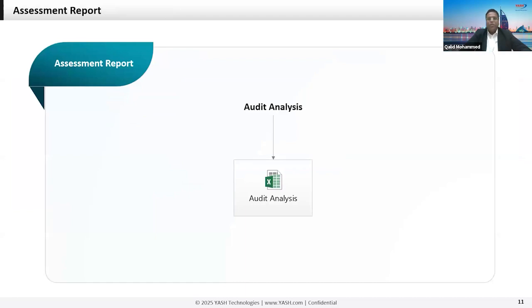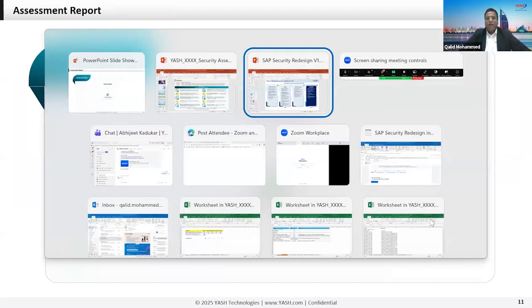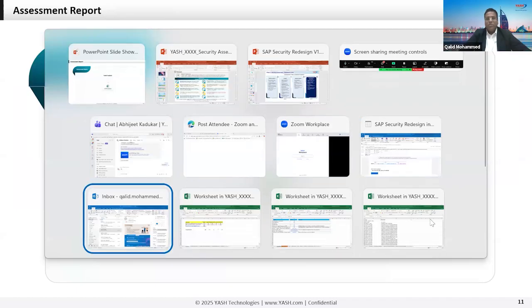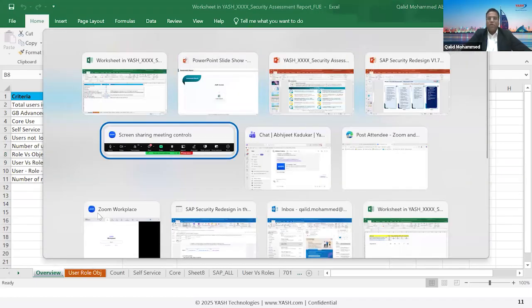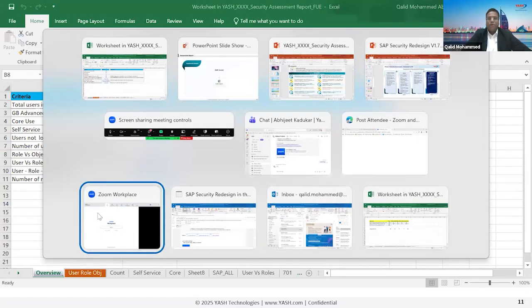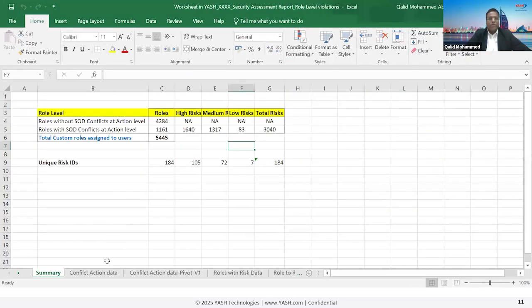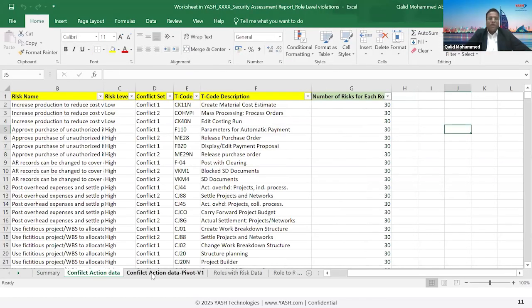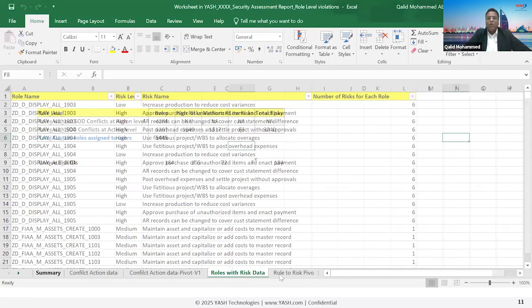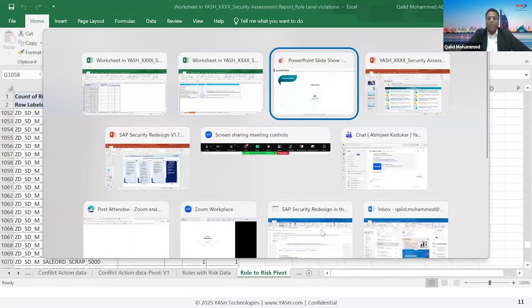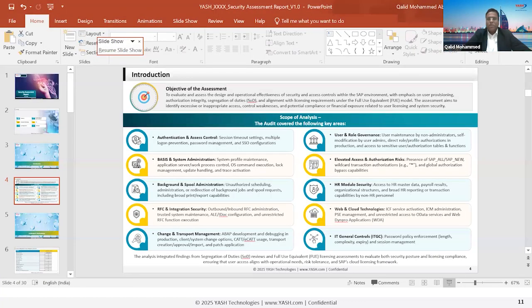And whatever these things are, we've got Excel information here, so that every finding has the appropriate data justification. What are those issues here? Like, for example, let me pick up one here. Okay, so we can see here, this is about the SOD part. So all the information, all the data, including the recommendation, etc., would be shared with the customer. So if I come back to the slide here,